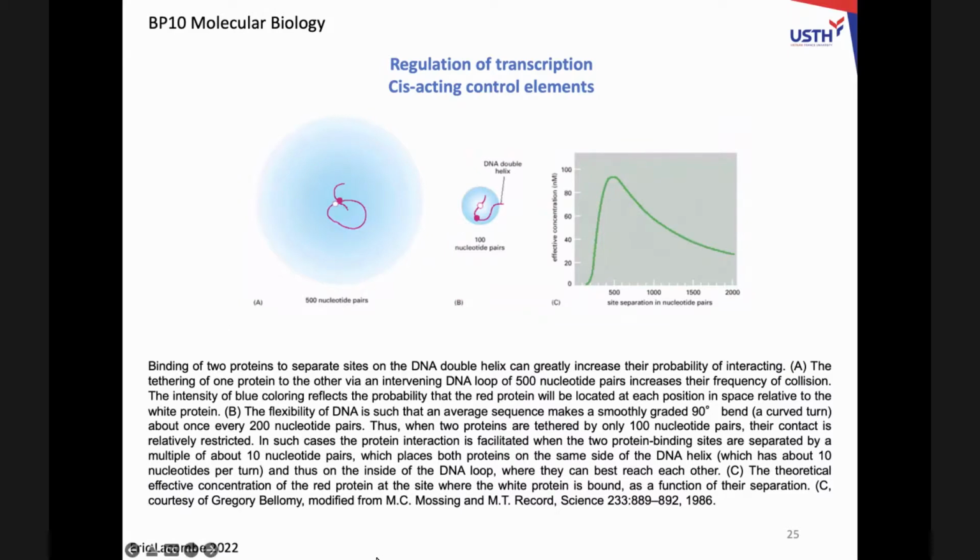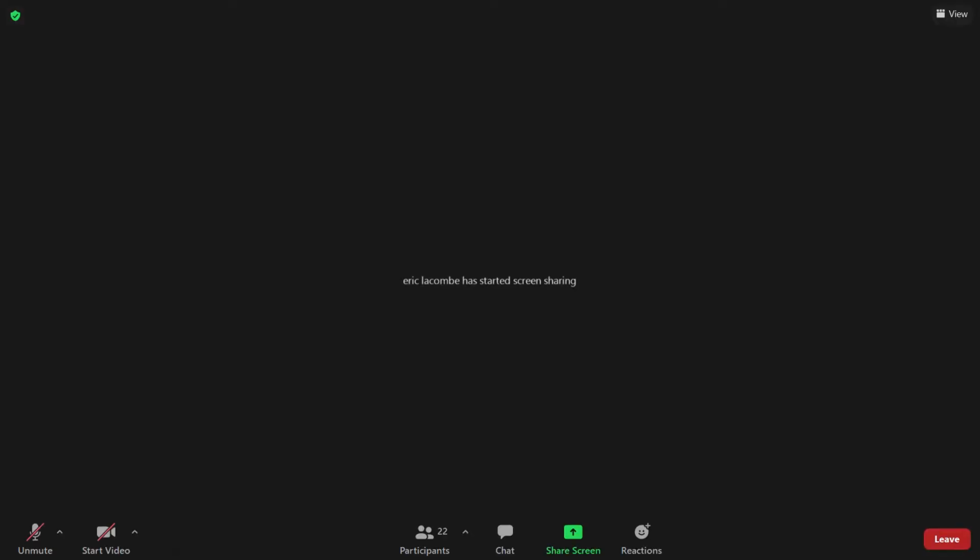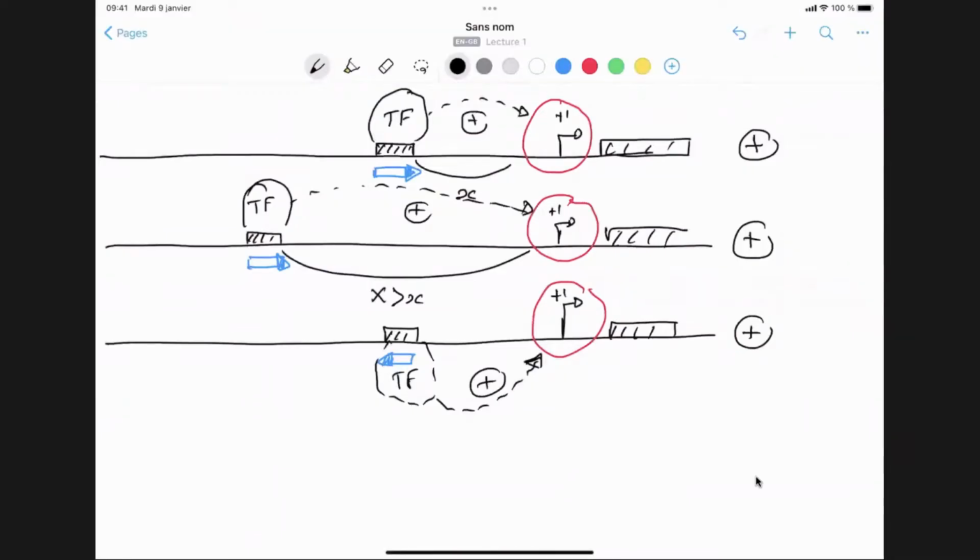Okay, what I'm going to do is I'm going to draw something. It will be easier to understand. So when you decrease the distance between